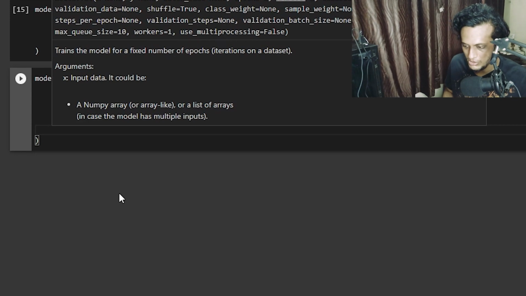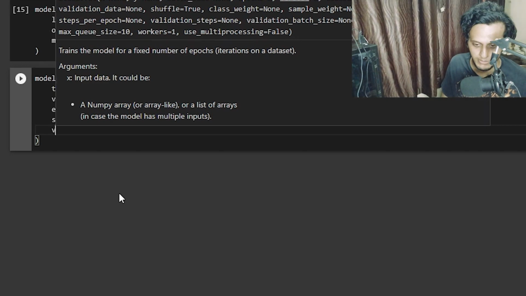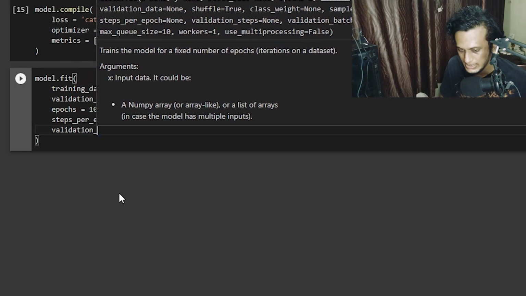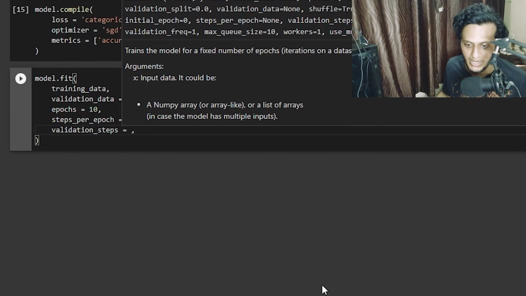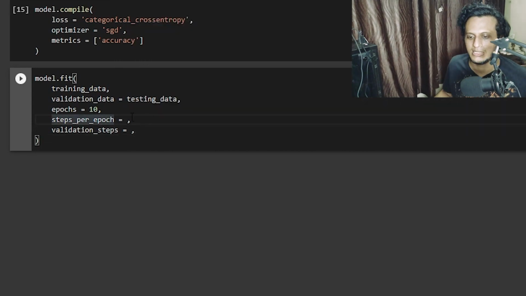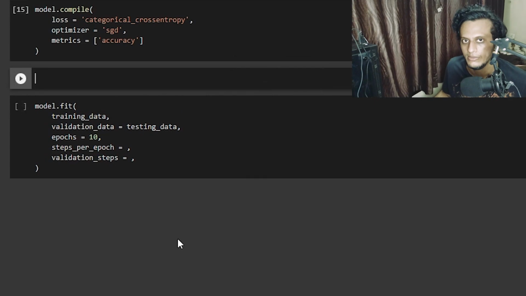There is something known as mini batch gradient descent, where you have a deeper understanding of how things really work. But right before that I'll say validation steps. That is also there. Now we will have to specify what steps you really want to take. There is an equation I'll tell you.